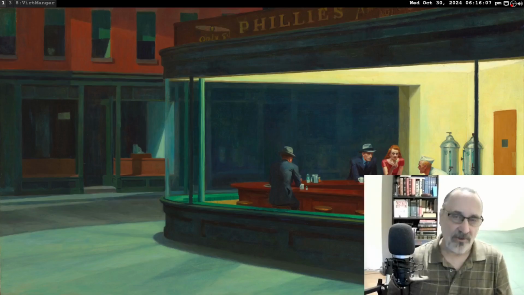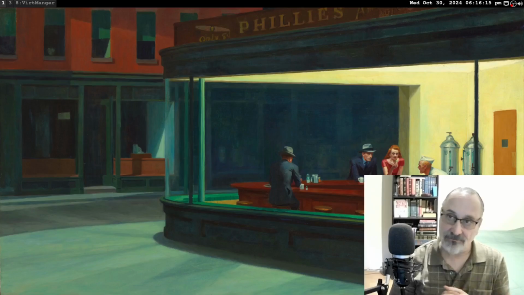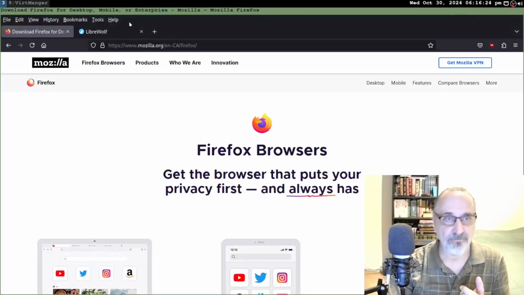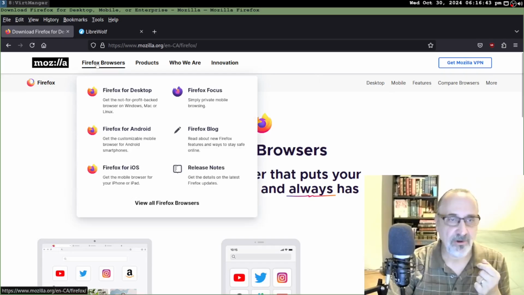So right now, this is my bare metal computer, the one I do all my recording in. And it's Arch Linux with the i3 window manager. So I'm going to open up Firefox. I have it open here. And right now we're at the Firefox web page. And you can go here, and when you're on the web page, you could go to this one here, Firefox browsers, and click on this menu. And you can go to release notes